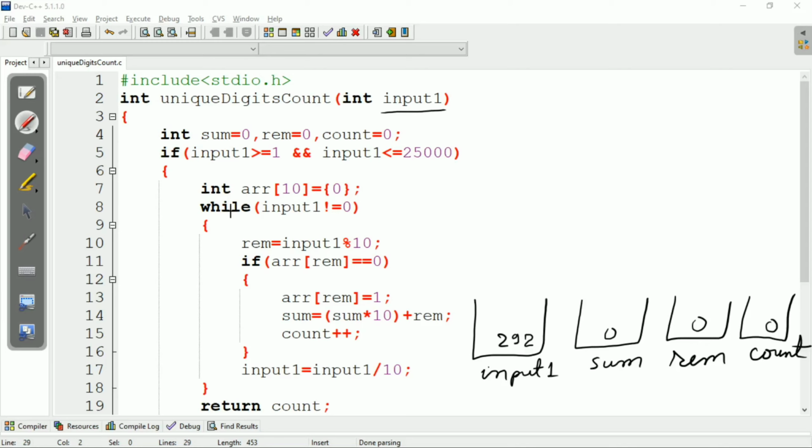After that we initialize and declare one array of 10 elements, all of them 0. So here is one array which consists of all 0 elements.